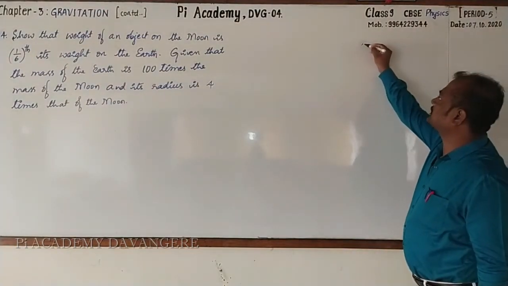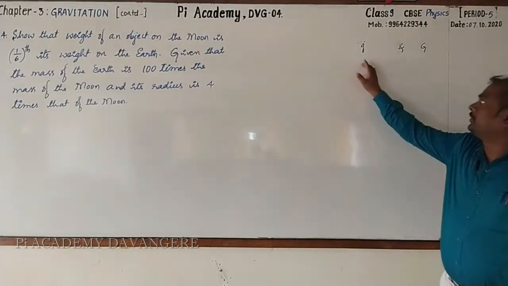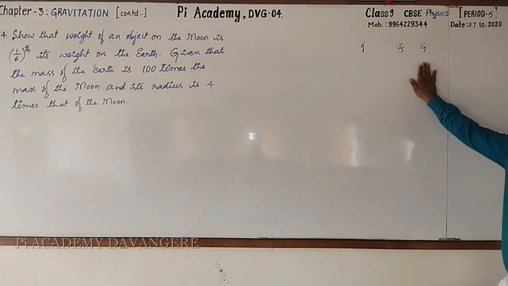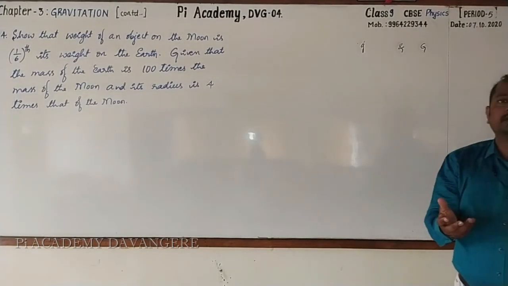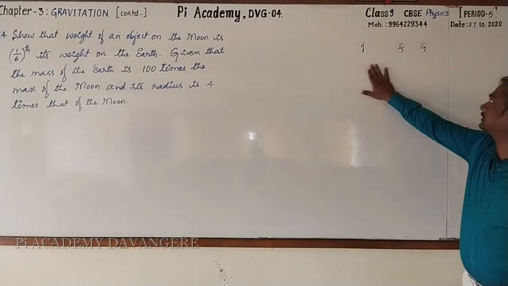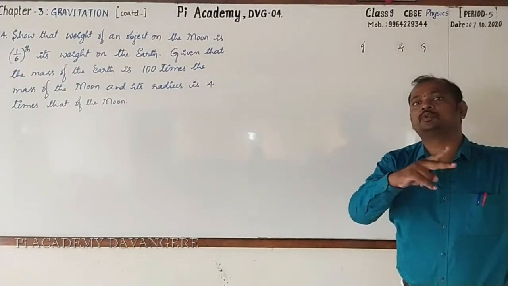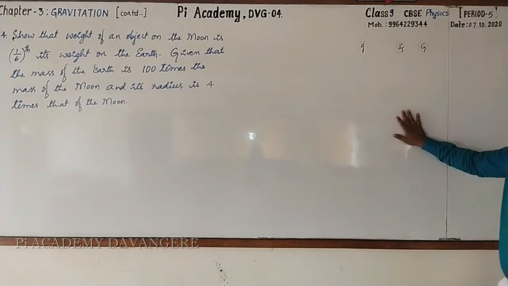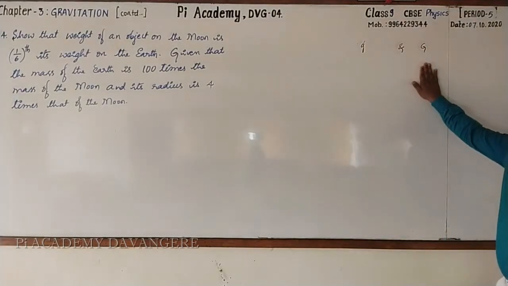It is the differences between small g and capital G, where small g is acceleration due to gravity, and capital G is the gravitational constant. How do you define this? Small g is the acceleration obtained by a body due to the gravitational force of the earth. And the gravitational constant is the gravitational force acting between two bodies with unit mass and unit distance between their centers. Then what is its SI unit? For small g, it is meter per second square. For capital G, it is Newton meter square kg to the power minus 2.